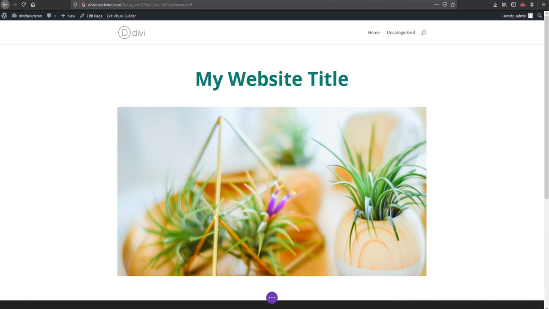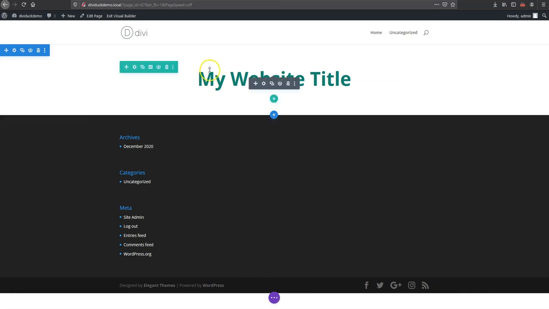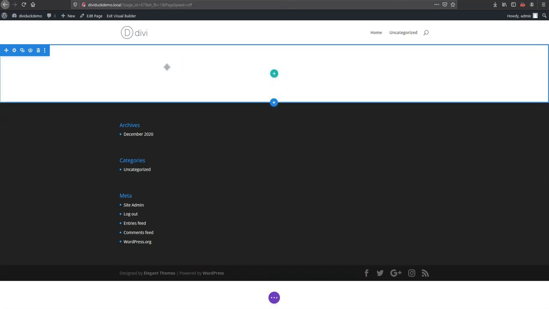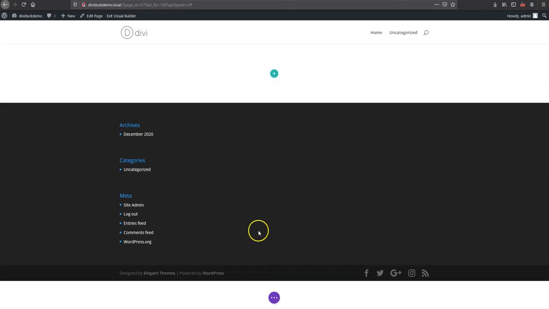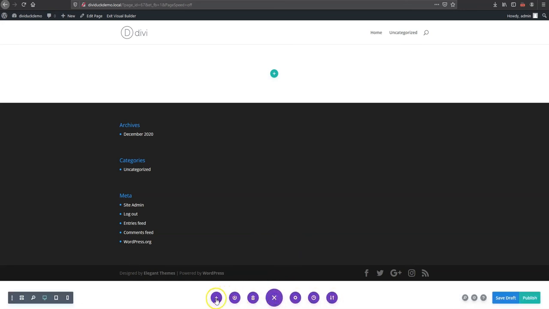But for now, I'd like to show you another great feature that helps you when you don't have any design inspiration, and that is Divi Layouts. Let's just remove all of these for now. And if I go to the bottom of my screen and click on this little purple button, and then proceed to click on the plus button,